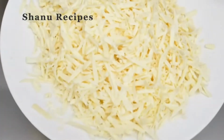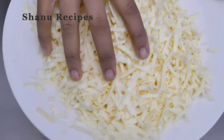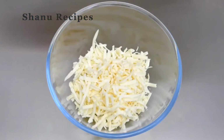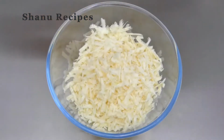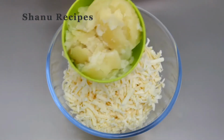For making this, I have grated 200 grams of paneer, and if you're using homemade paneer, you can use it as it is. If you're buying it from the store, then you have to grate it, and I'm adding the grated paneer to a bowl. To this, I'm going to add 2 medium-sized boiled potatoes,